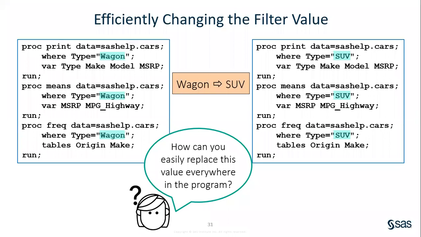Okay. So this is what it's telling: efficiently changing the filter value. You have various procs, and various procs are doing various activities on the same data, and the various reports are to subset the data to create a wagon report. So same code you're writing, but now the type value is SUV. So instead of manually changing the values every time in the same program to subset your type value,